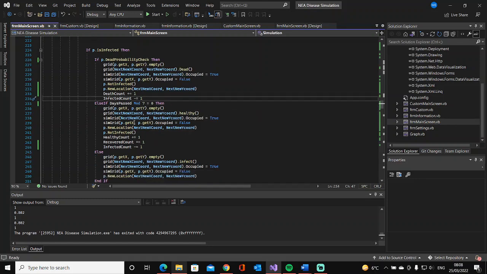Then for the next bit over here, if the person doesn't die, then it does a division here for the remainder to check for every 7 days, which is when a person recovers from influenza. If the mod is 0, which means it's a whole number, so 7, 14, 21, 28, then the remainder should be 0. And then here it then says that the person